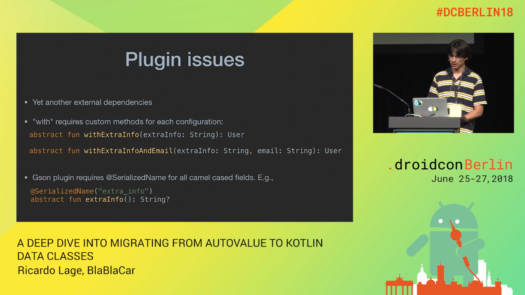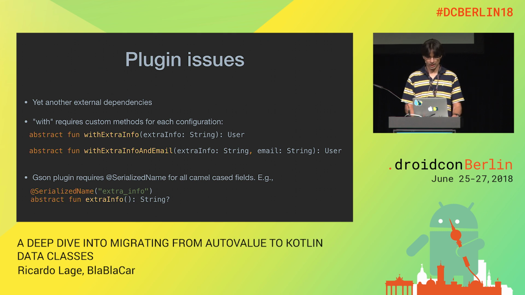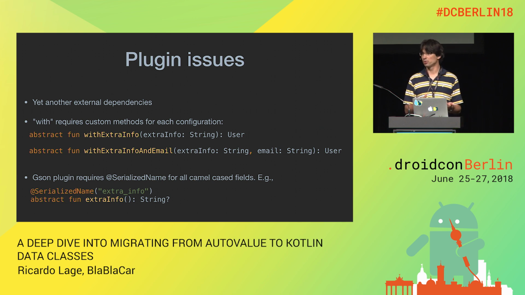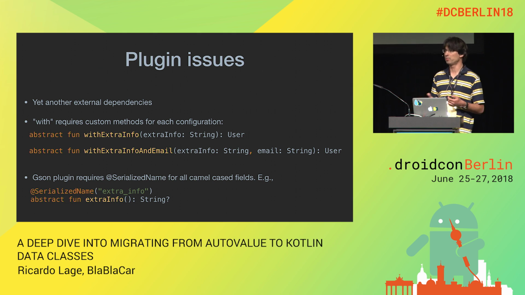So with the plugins, just briefly, there are yet other dependencies in our code. They are not provided by Google, they are not part of AutoValue itself, so they are other libraries by other developers that, if we're using them, are other dependencies that we need to make sure we keep up to date. The with for every little configuration that we have for the data we want to change in our classes, you need to provide a new method for it. That's how the plugin works. So if you have many transformations, that can become quite an extensive list of with functions in our class. And in the case of Gson, which we use in our project, you cannot use the field name policy. You need to annotate all your camel case fields with the snake case version